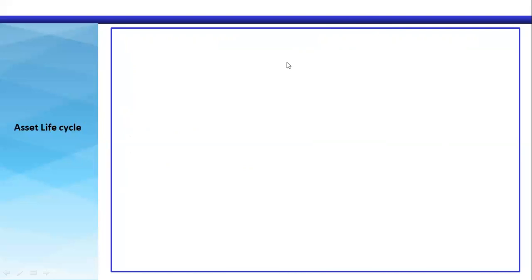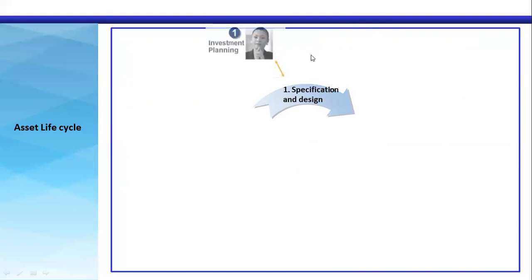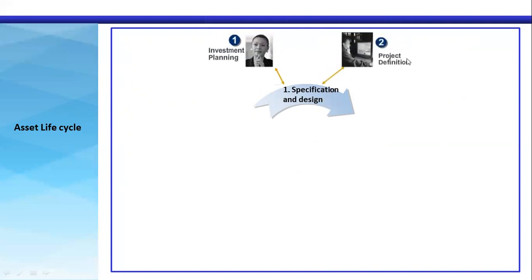Now every asset has its own life cycle, starting from planning to the disposal of the asset. So let us see the different phases of the asset life cycle. First is specification and design. In this we plan our investment and define the project.